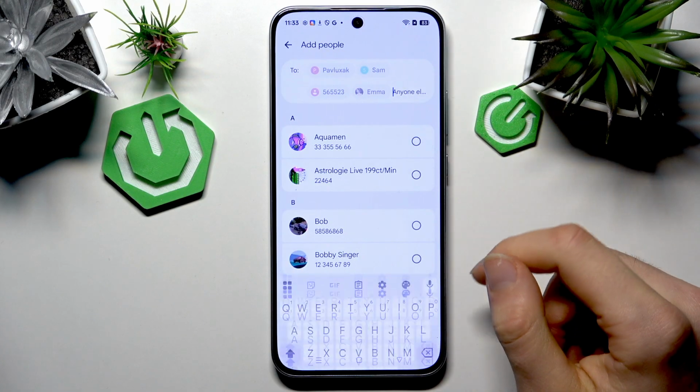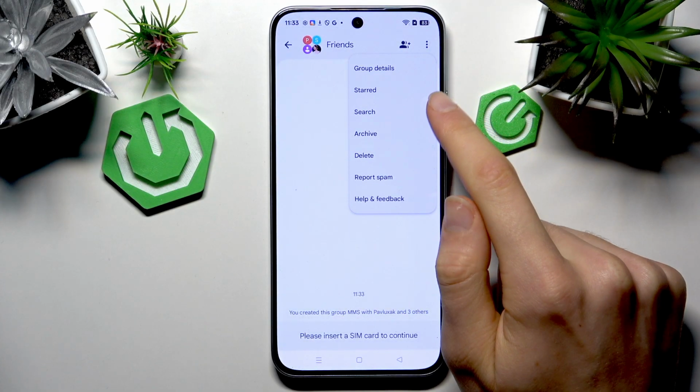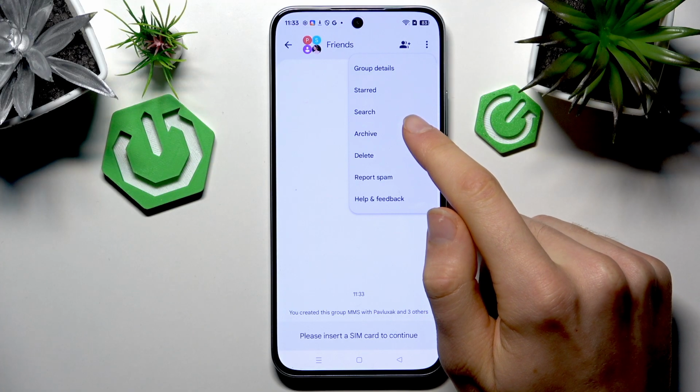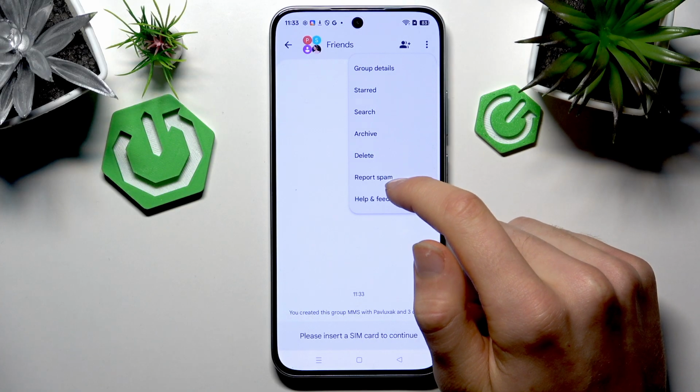Here you can add more people if you need, and here you can check group details, search messages, for example, archive, delete something, report spam,